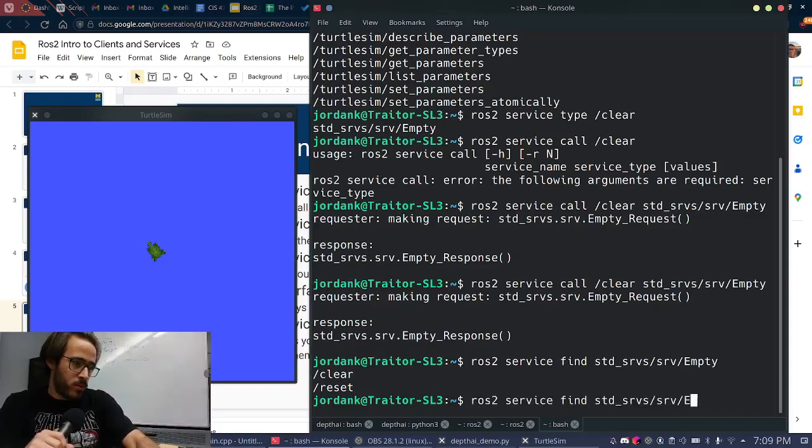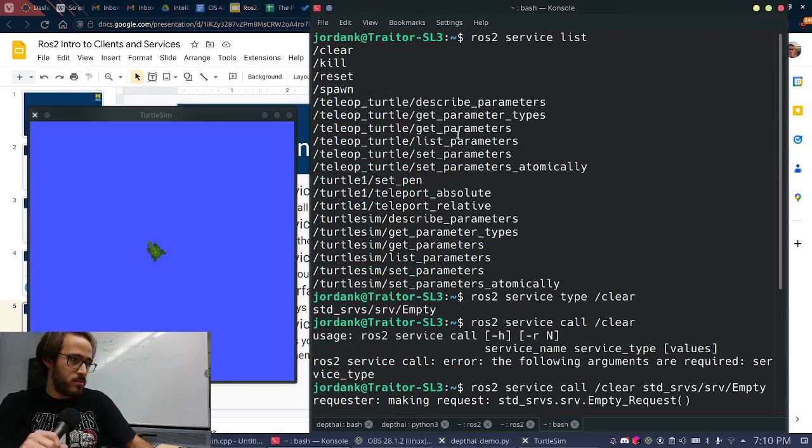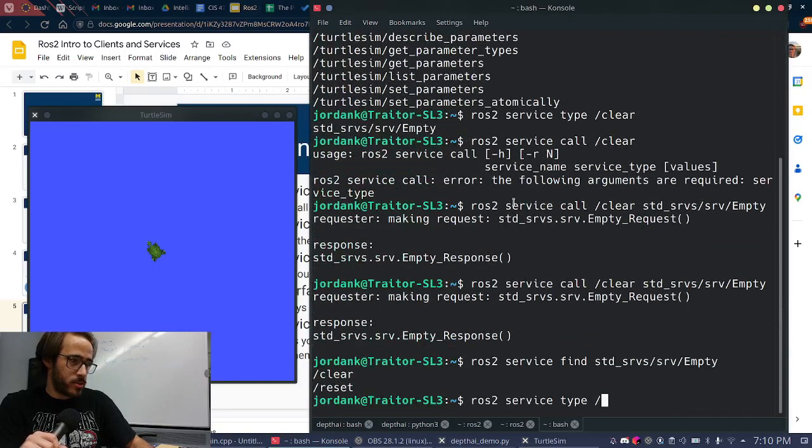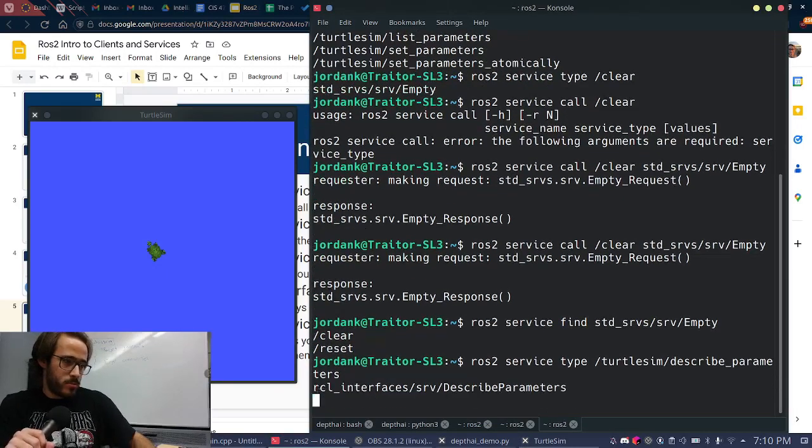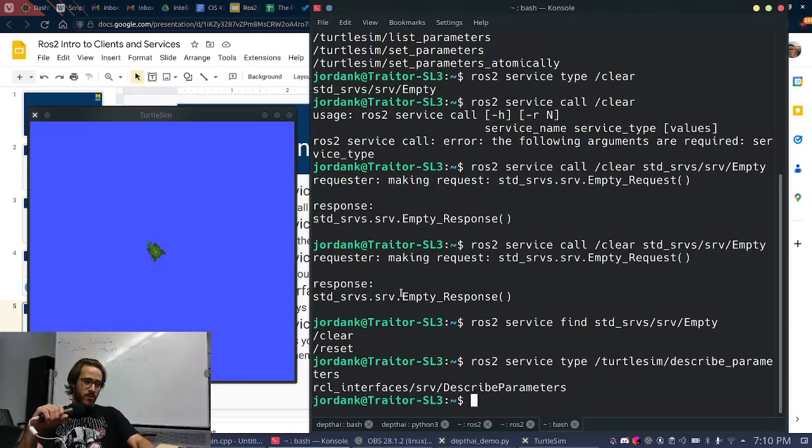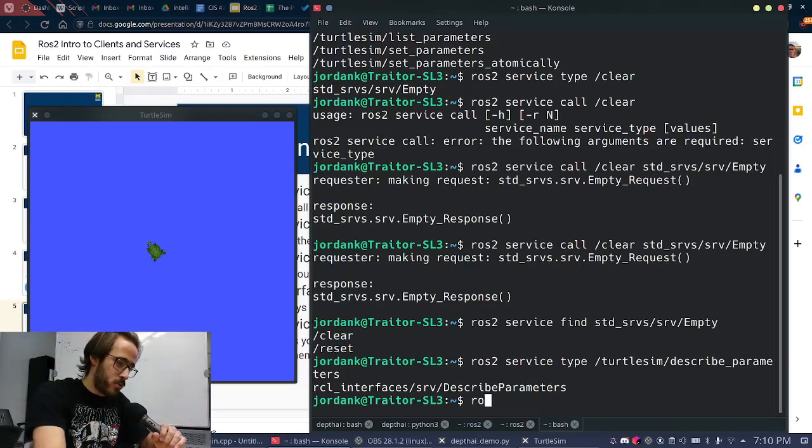If we want to also show some of the other service types, let's say the turtlesim describe parameters. So we can see that we have here another, not quite the standard services, but a special service called describe parameters. And if I do ROS2 interface,